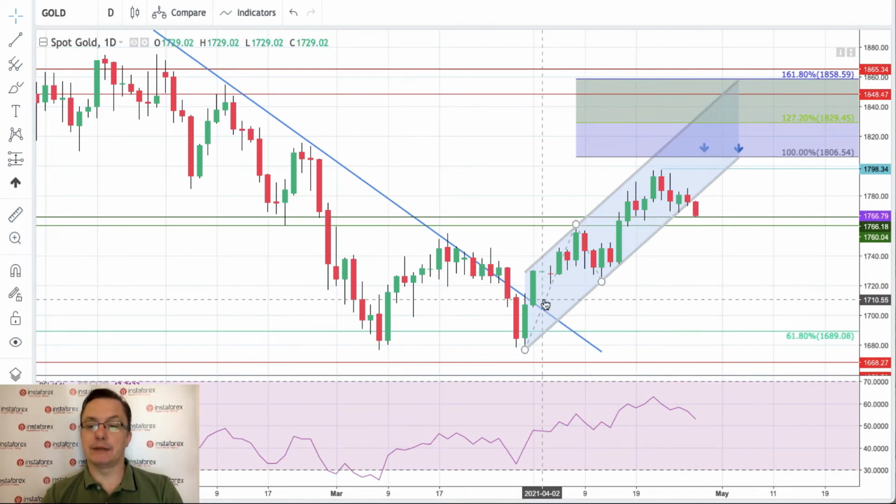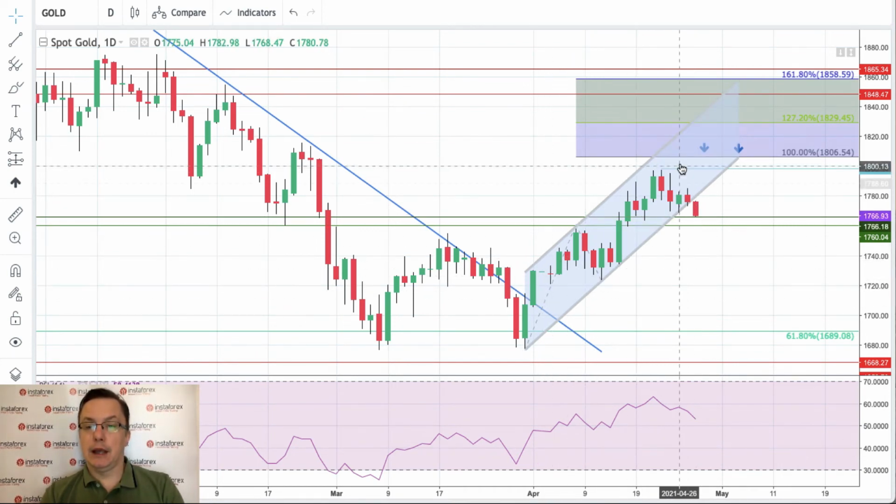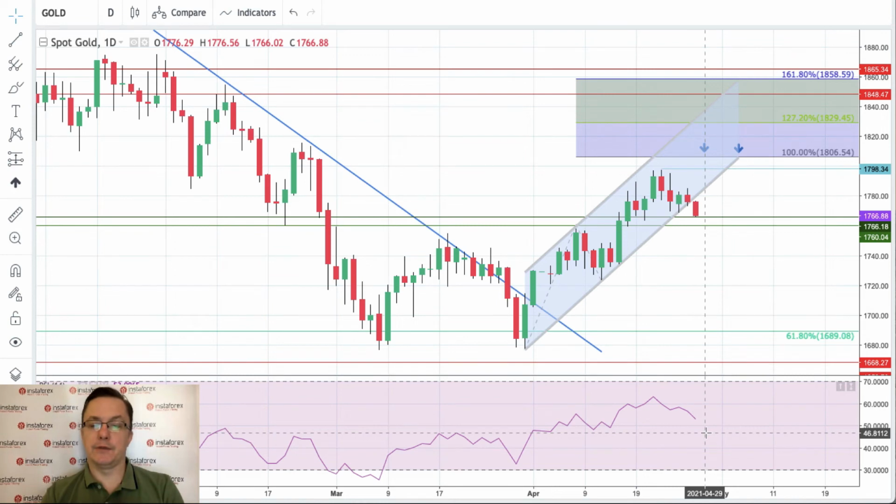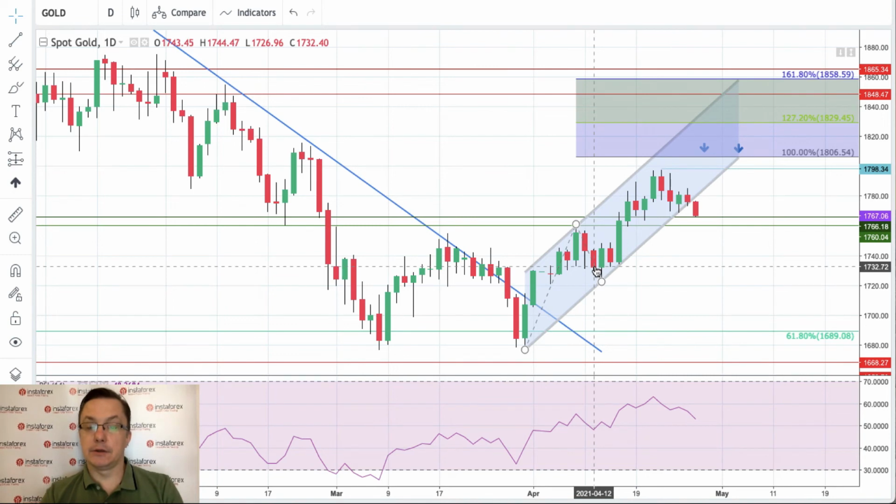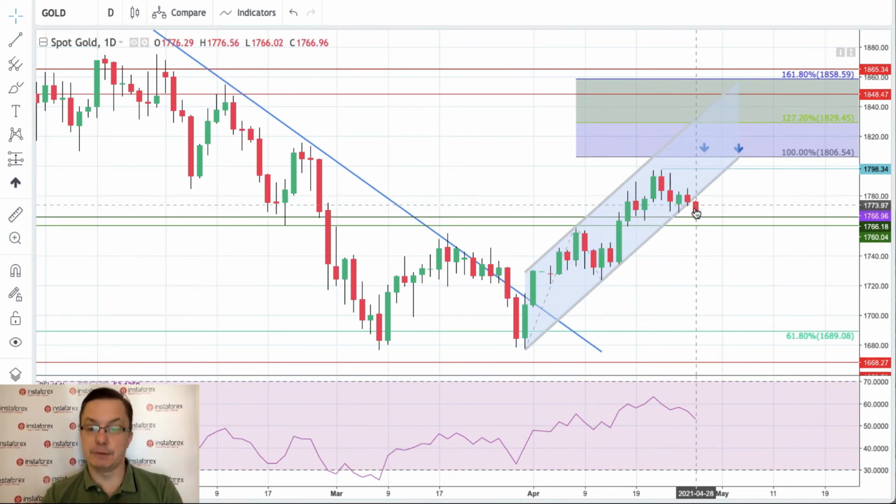development, because the price will be out of the channel and below the technical support, which will definitely mean that this is the 52 points on the RSI, so we will be on the level of 50, which is the neutral level, or below it. On the momentum, that would mean that the bears will be in charge of the market again. So please keep an eye on the market reaction during the FOMC interest rate decision and press conference, because we might have some slide lower towards first 1723, and then of course